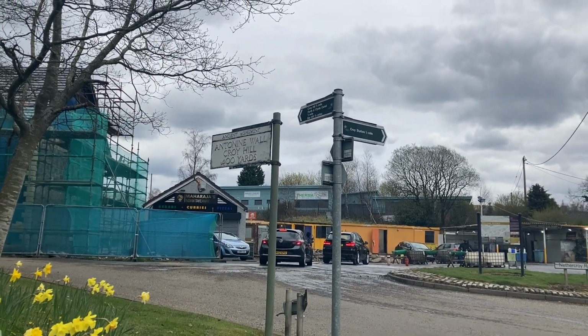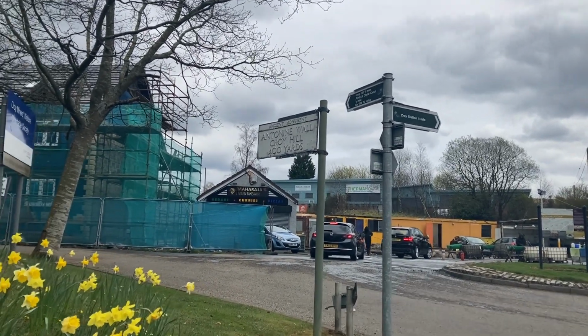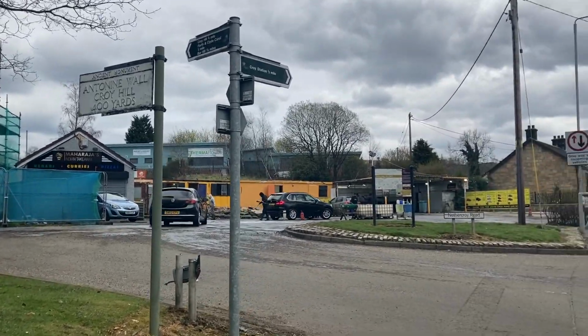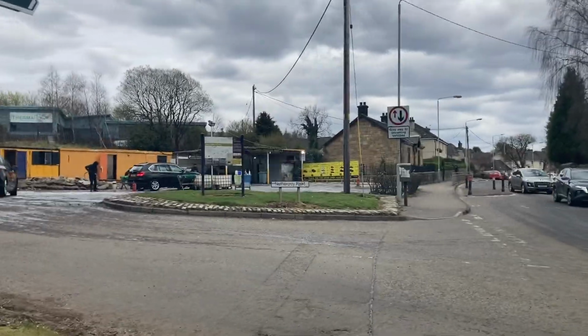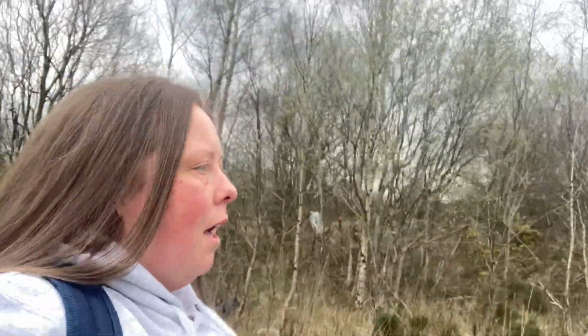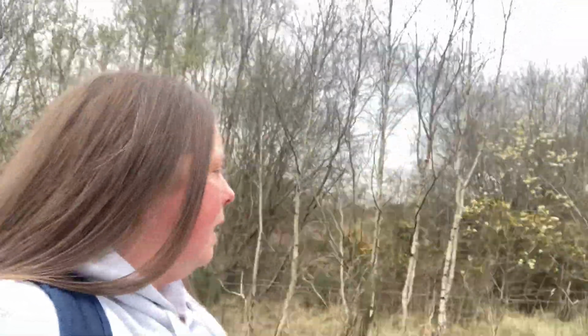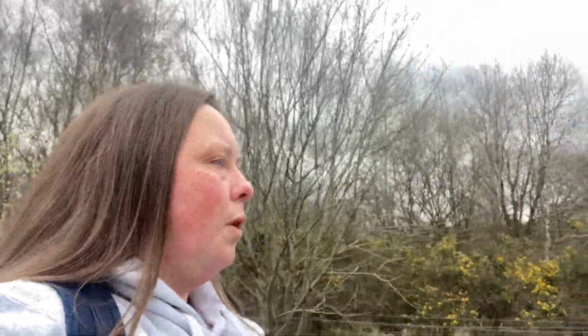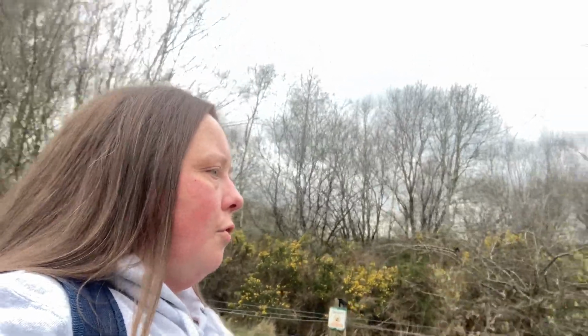So you can actually walk to Bar Hill from here. It's about 400 yards to Croy Hill, so I'm just going to head up. The sign is saying it's 400 yards to Croy Hill, which is essentially 400 yards to the base. There will be a bit of a climb to get to the summit, I think. And I did spot a wee sign back there saying that this is also on the route for the